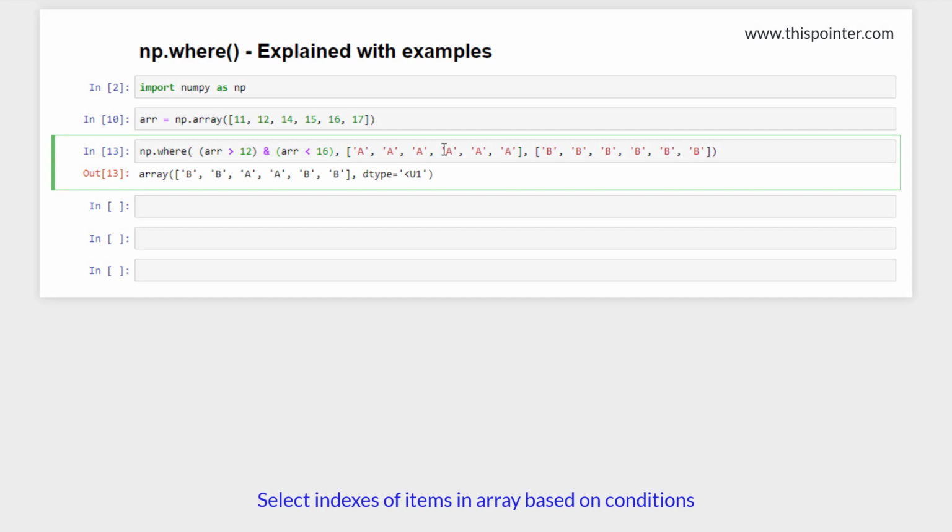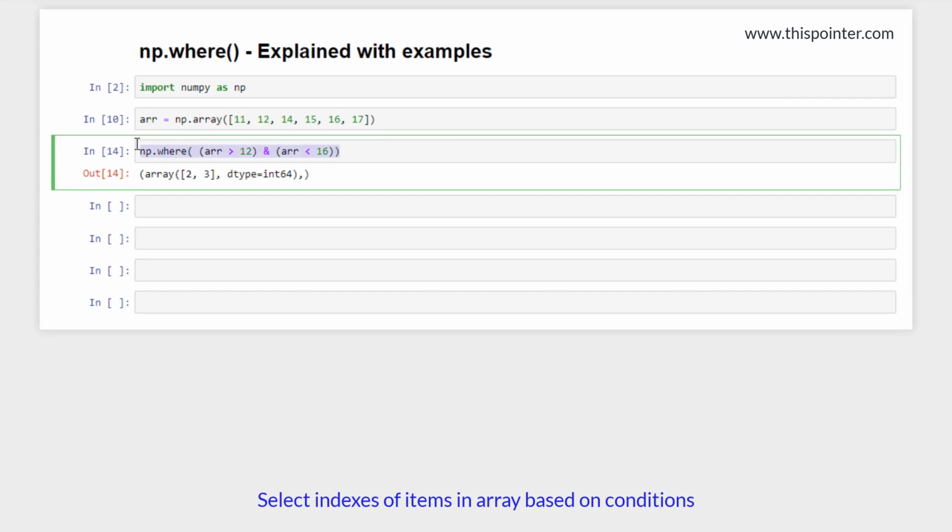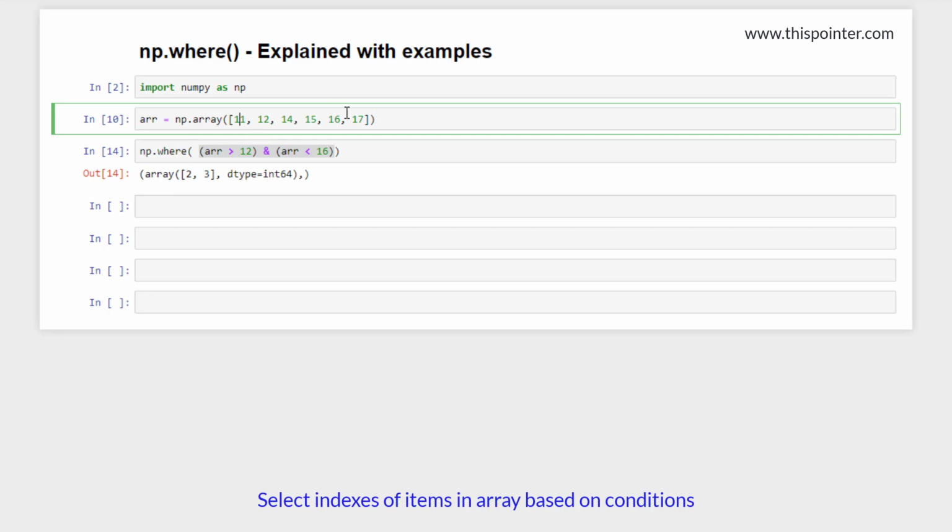Now what if we don't pass the second and third argument, the lists? What will happen? Well, in this case, we passed a condition expression as the only argument in the where function. Now in this case, it returned the indexes of the elements from the NumPy array where this condition evaluated to true. As the indexes start from 0, so 0, 1, 2 and 3.